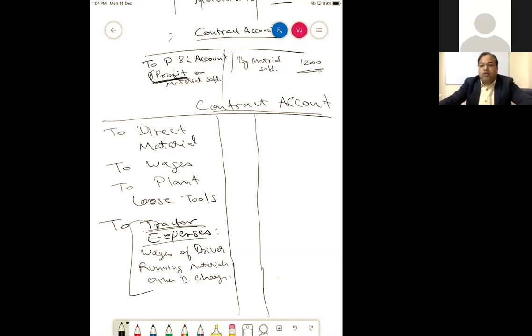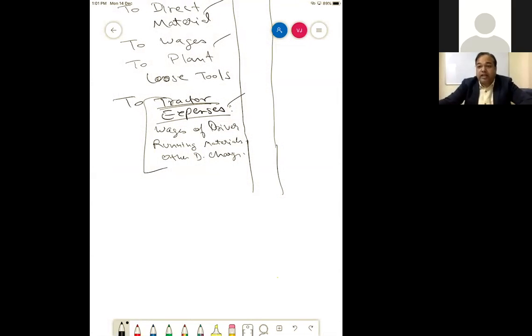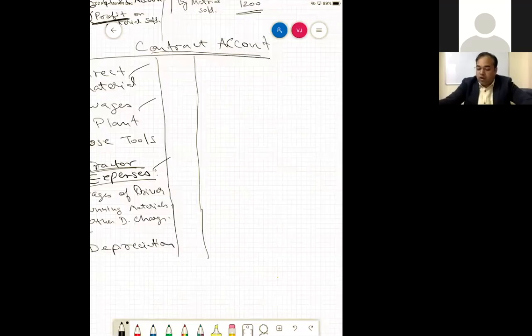Now in case of overheads, we saw that we are using direct material, wages, and expenses also. Now in costing we use the word overhead also. So if there is any overhead like depreciation on plant, this also we show on your left hand side only. So if there is any depreciation, we show it on the left hand side. So on your right hand side,